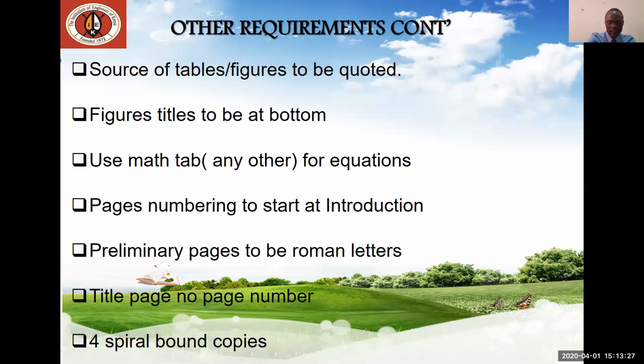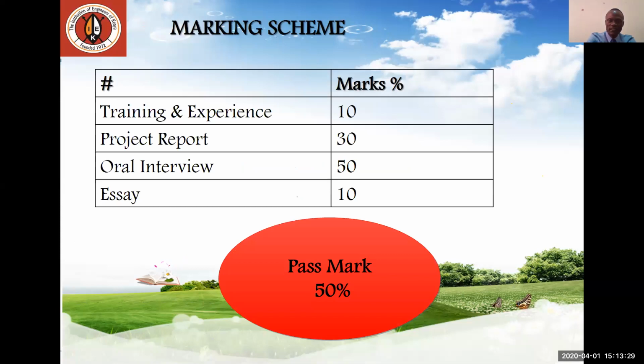3 is very easy. With 50%, you will have become a PE. And you can see the way the marks are distributed. Training and experience report will give you 10 marks. And therefore, if you follow the format that we have given to you, you already have 10 marks. The project report will give you 30 marks. So if you follow the project format as given, you already have 30 marks. So even before attending the interview, you see you already have 40 marks. And therefore the interview, you'll be looking for only 10 marks to be able to pass.